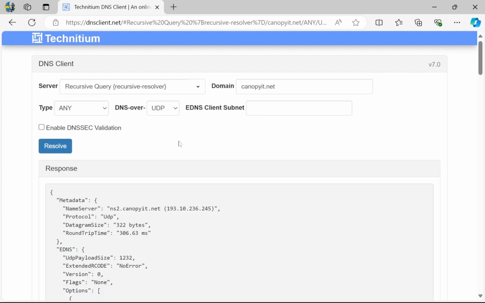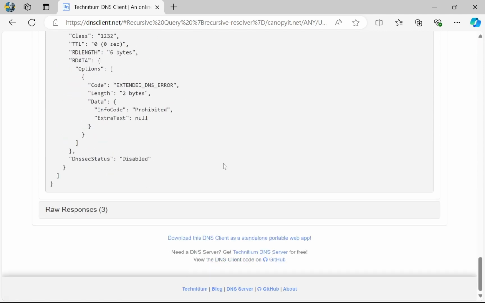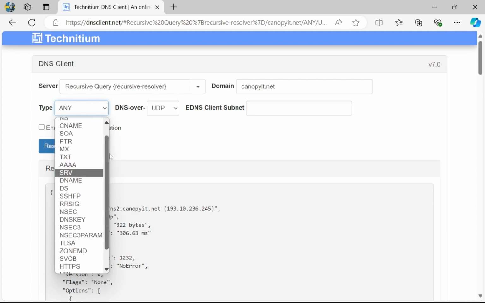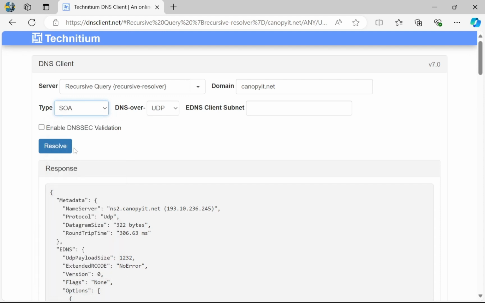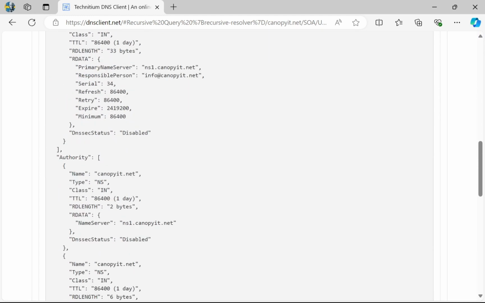Any. This is all records. SOA record result. See, this is serial number 34. Refresh, retry, expire, and minimum rate. So there are many websites available on the internet from where we can check our public DNS servers, not private,